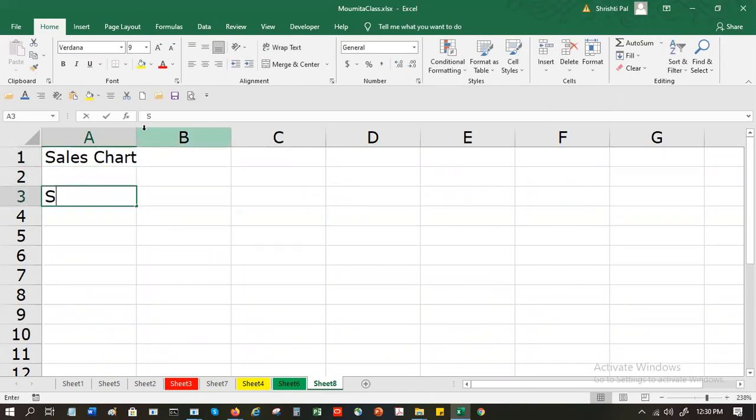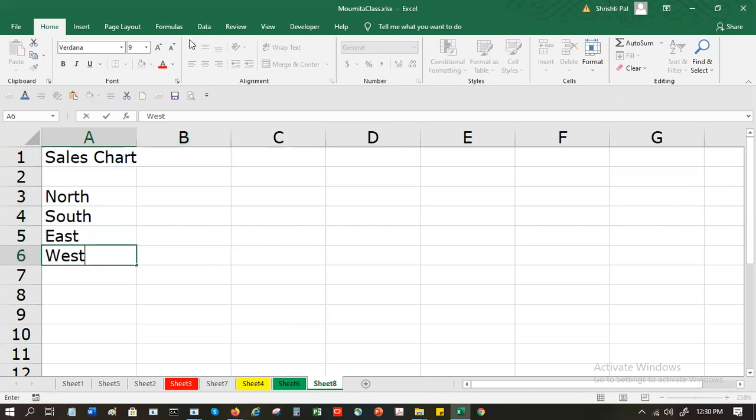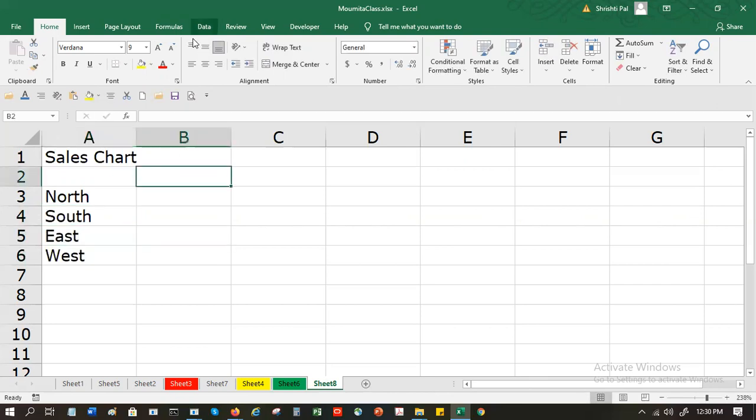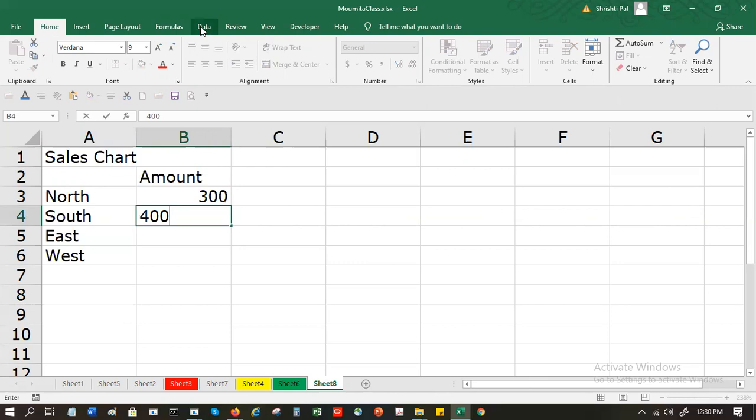Now in this chart, I have north, south, east, west. I have an amount, let's say $300 million, $400 million, 150, 700.